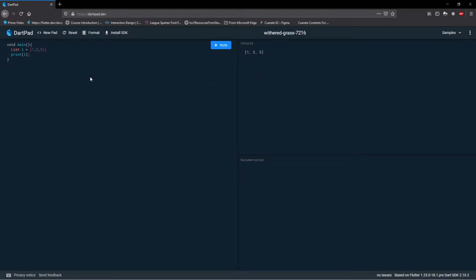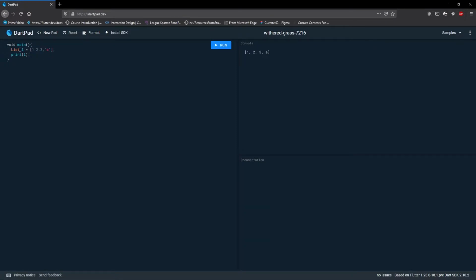Now if I include a character among these, will this throw an error? Let us see. It does not throw an error. Why is this? Even though these are integers and this is a character, by standard logic this should throw an error because these are dissimilar data types.